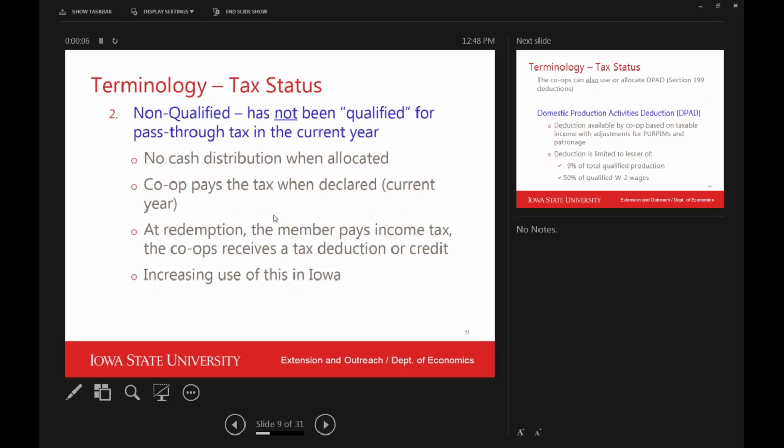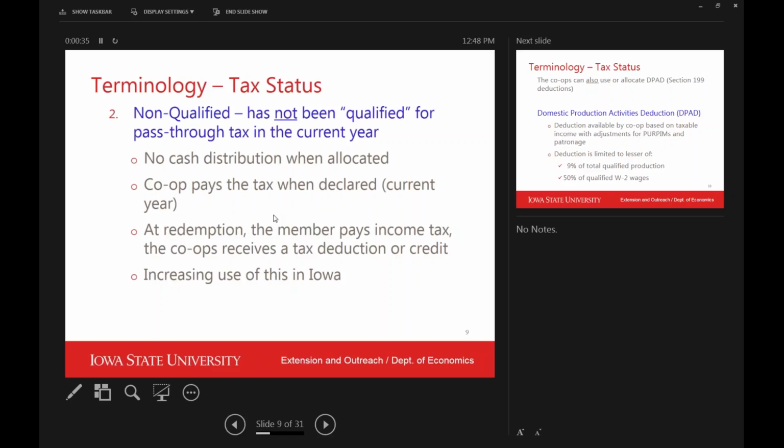Okay, she says that slide 9 says that with the redemption, the member pays income tax and the co-op receives a taxable deduction or a credit on the non-qualified. Yeah, I think the question was, referring to box 5, is that where the co-op is reporting this year's announcement of non-qualified allocations, or this year's redemption of non-qualified allocations? If it's an announcement of a non-qualified